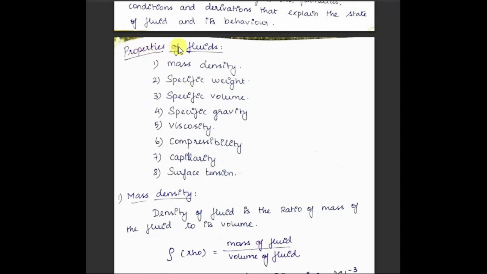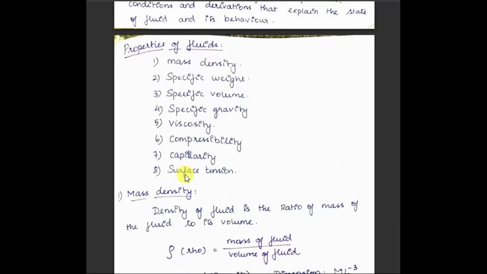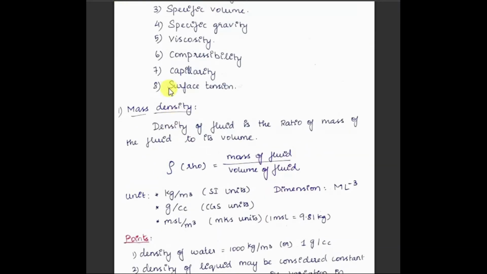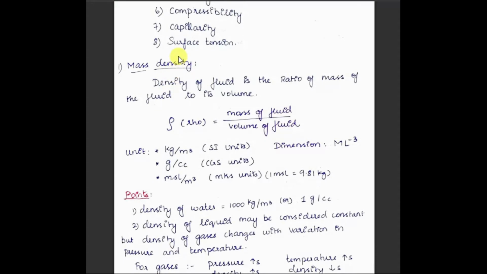So basically there are 8 properties of fluids, starting from mass density, specific weight, specific volume, specific gravity, viscosity, compressibility, capillarity and surface tension. We are going to discuss these 8 properties,